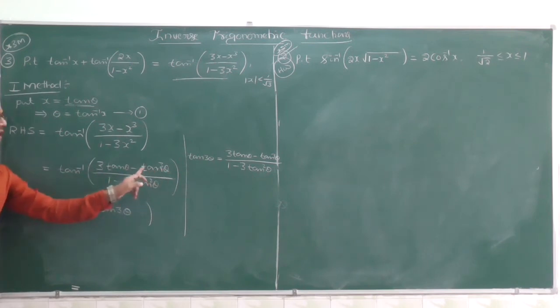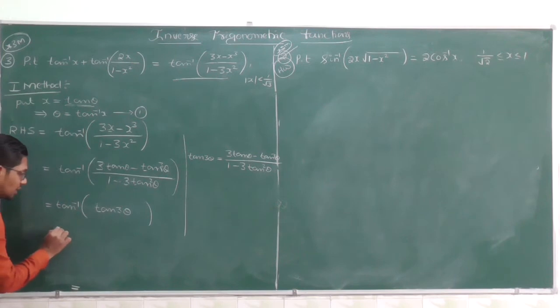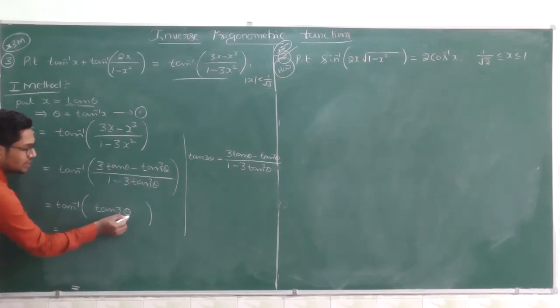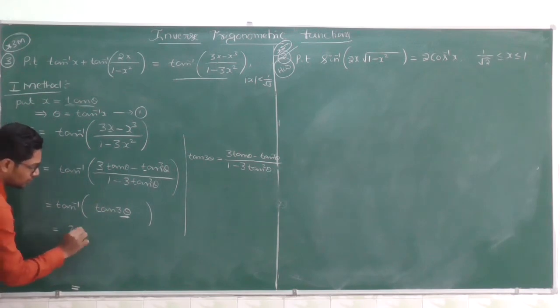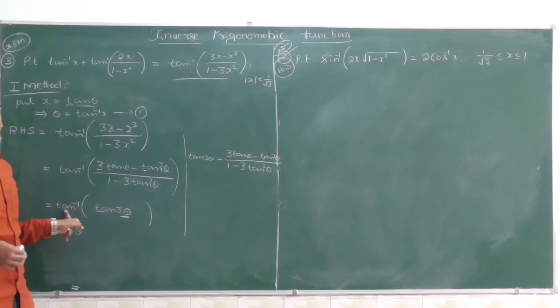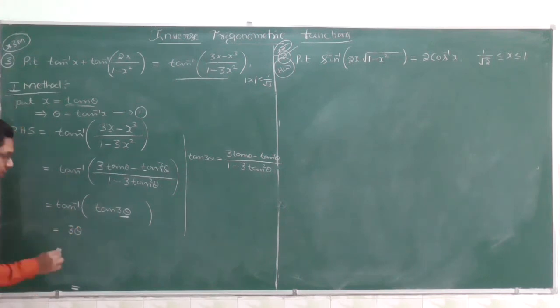By using that formula, this can also be written as tan 3 theta. That is equal to tan inverse of tan 3 theta. Tan inverse of tan 3 theta is 3 theta. We have the property tan inverse of tan x is x, where x belongs to minus pi by 2 to plus pi by 2, excluded. So 3 theta is equal to